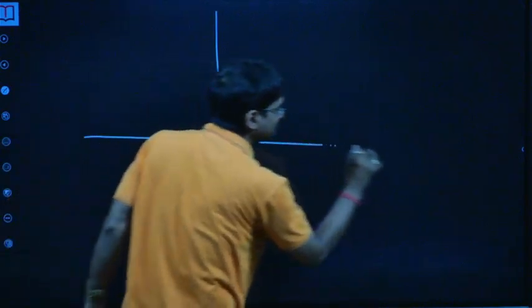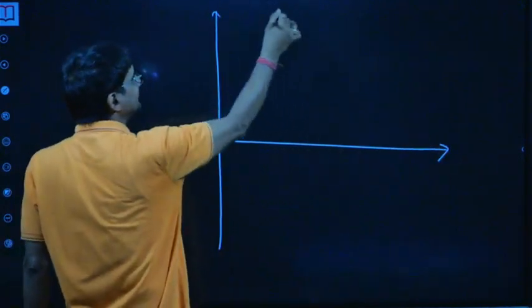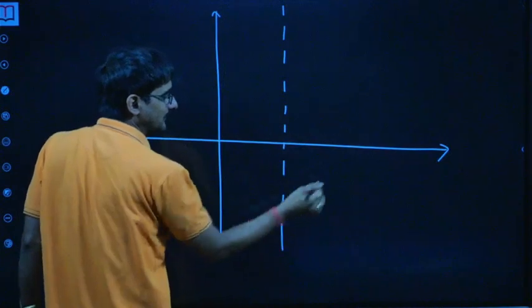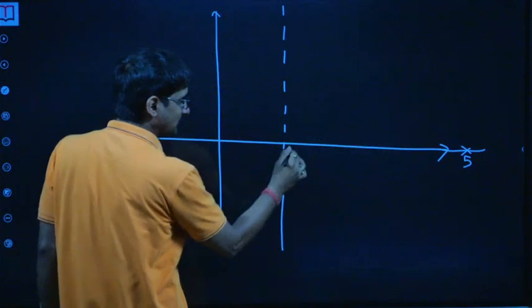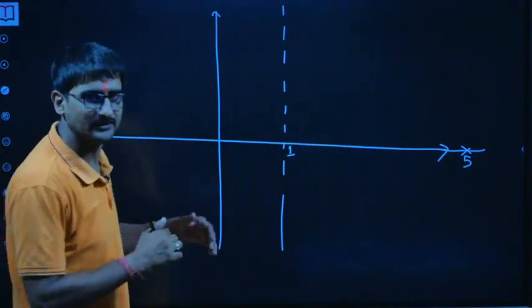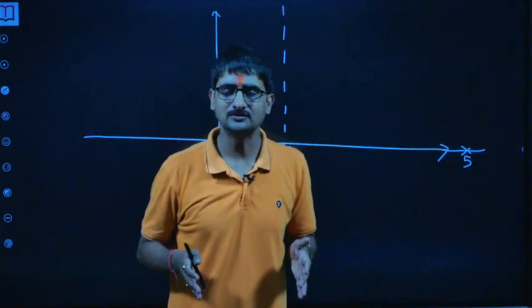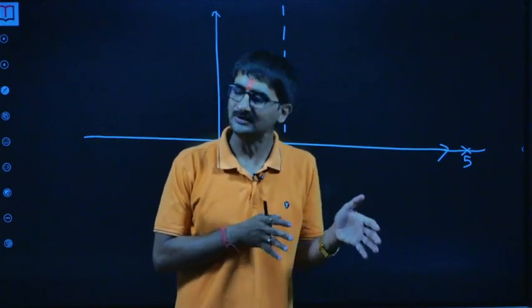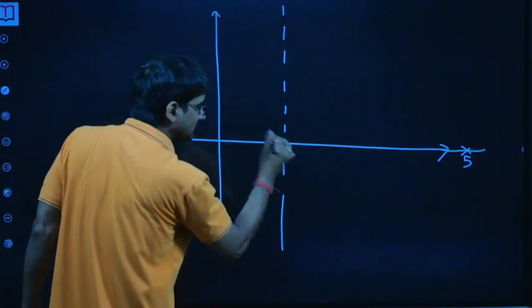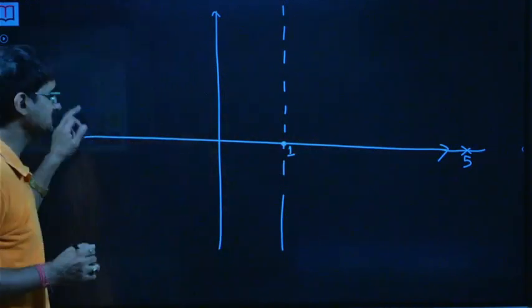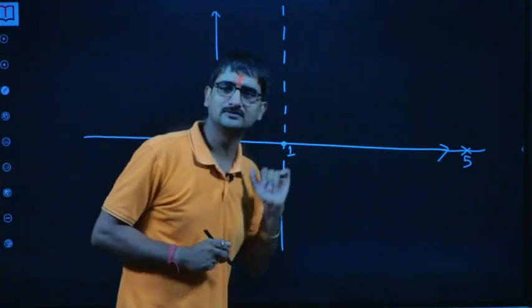Now, fundamental period 1 means if I solve for x equal to 1, because I have to go till 5, but if I solve only till 1, then it's a periodic function, so everything is going to repeat as it is, and then we can easily get it. So at an integer, the value is 0. When x is an integer, the value is 0.